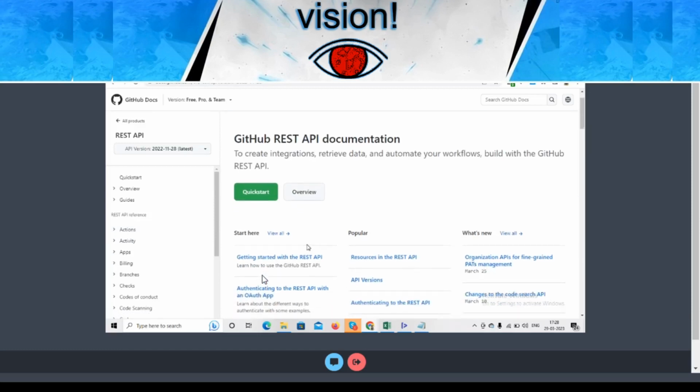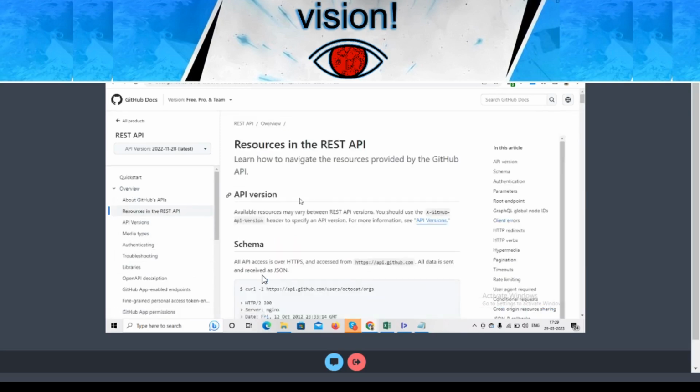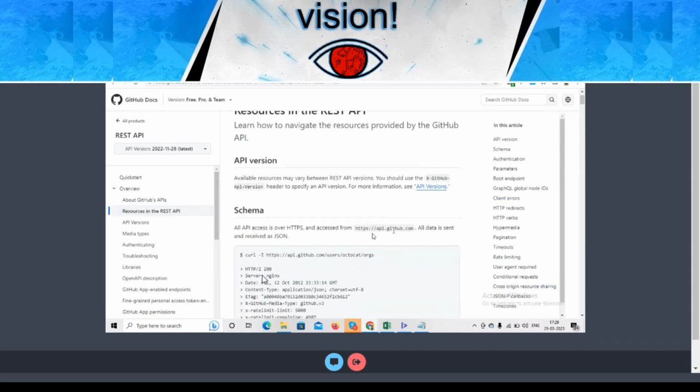Now the moment I click on REST API, again on the left side I can see multiple options: quick start, overview, guides, actions, activity, and so on. I will click on this overview. In overview, again I got multiple options. I will click on this Resources in the REST API, and from here I can see the base URL, the web URL of this application, that is